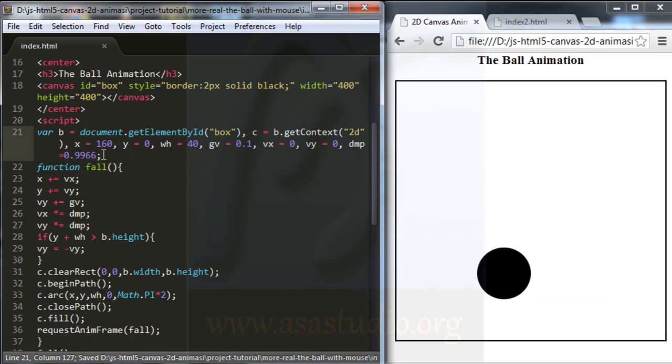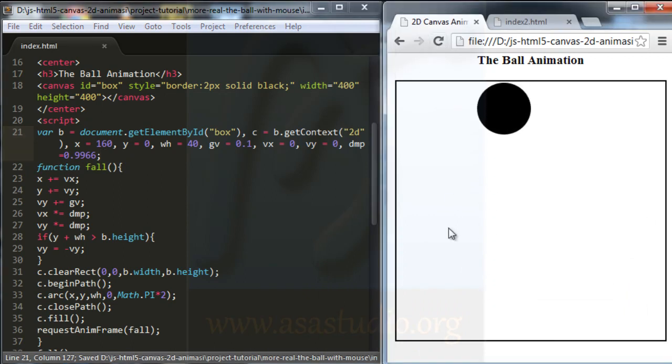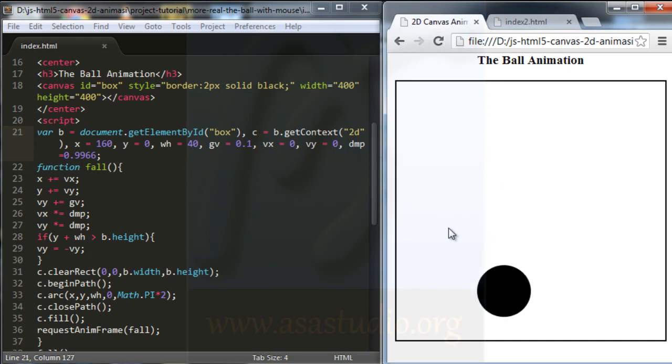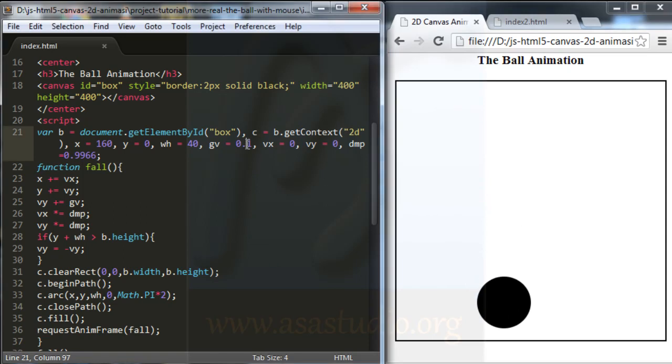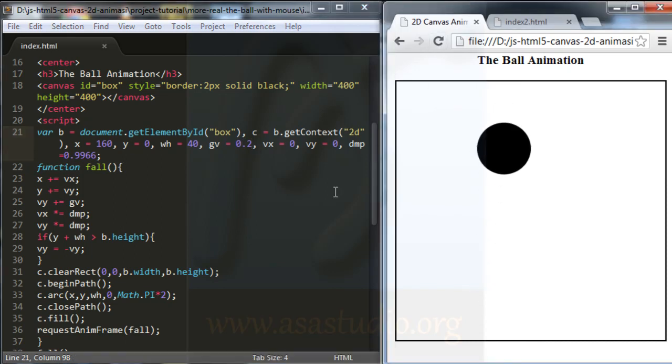Okay, I save and I change to 0.9966. Now I have this animation, and maybe I change g to 0.2, and now I have quick speed, the fastest falling down of the ball.